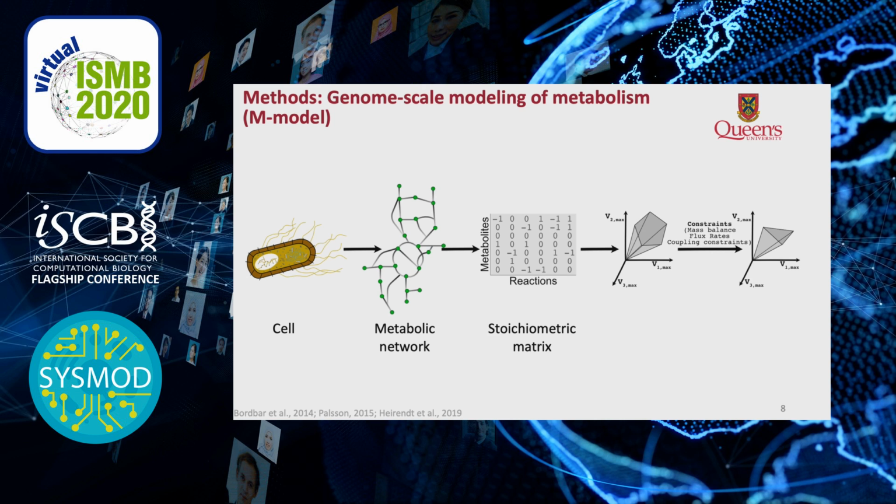This matrix can be studied at steady state using mathematical optimization methods such as constraint-based methods. Since the number of reactions is greater than number of metabolites, these are underdetermined systems, and this leads to multiple solutions satisfying this steady state assumption. Therefore, one needs to add constraints such as mass balance constraints and flux bounds to find the optimal solution at steady state.